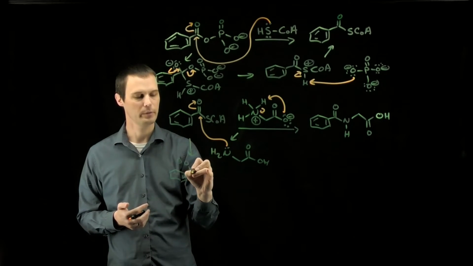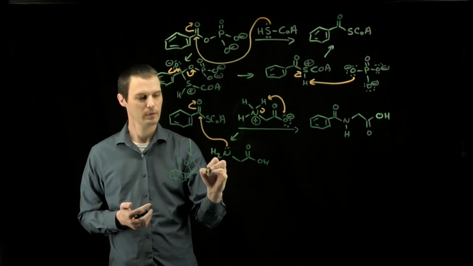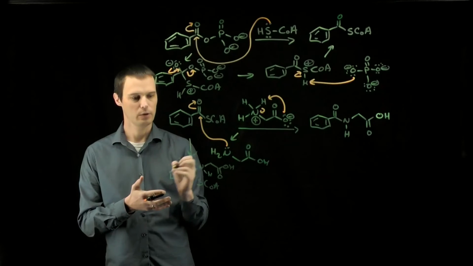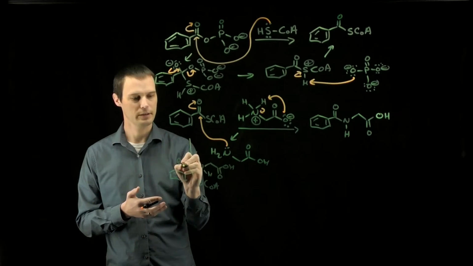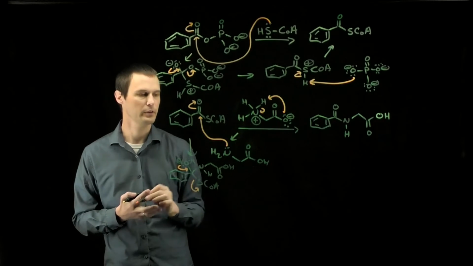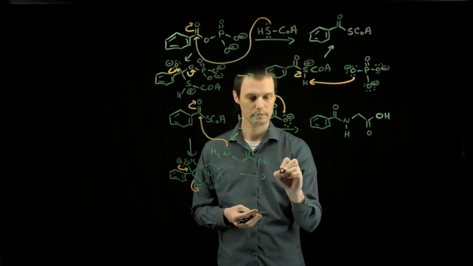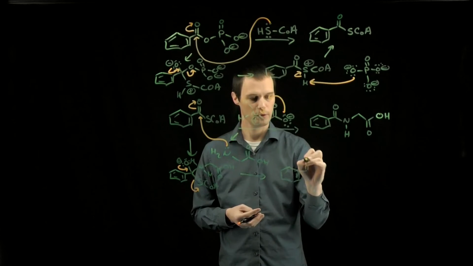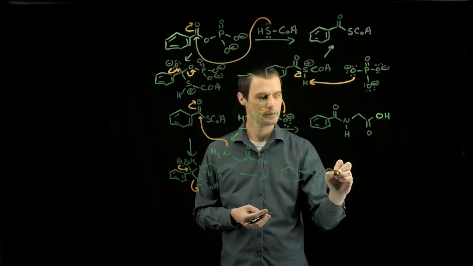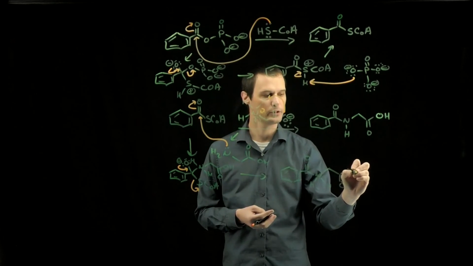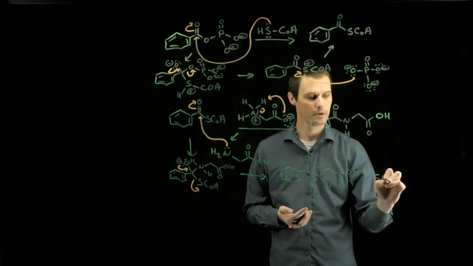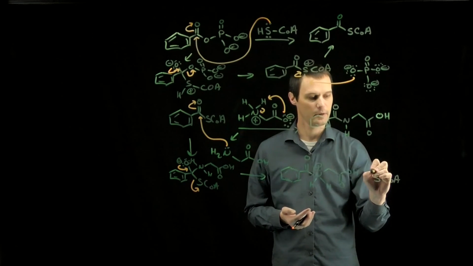forming a tetrahedral intermediate. We can then use a lone pair of electrons on oxygen to reform the carbonyl, kicking out the sulfur leaving group. That reforms the carbonyl, gets us close to our final product, except that nitrogen has an extra hydrogen and a positive charge. So we can use that sulfur that we just kicked out as a leaving group